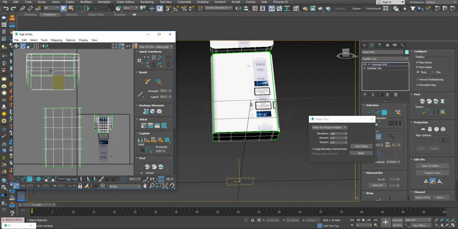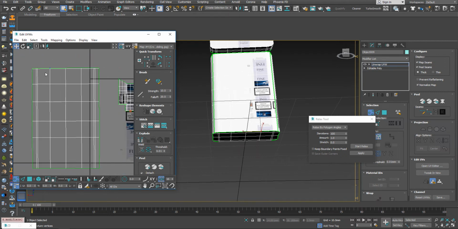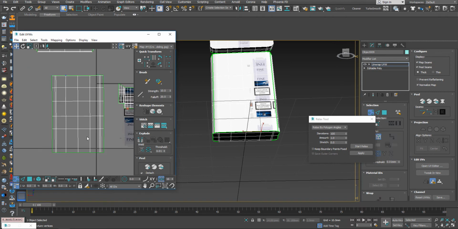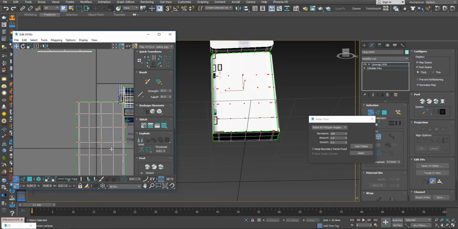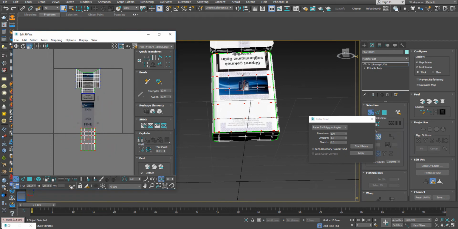And for this, I'm going to select these vertices at the bottom and see which part of this model is highlighted. So this part of the model needs to go here, so it's correct this way. So I scale it down and move it up,